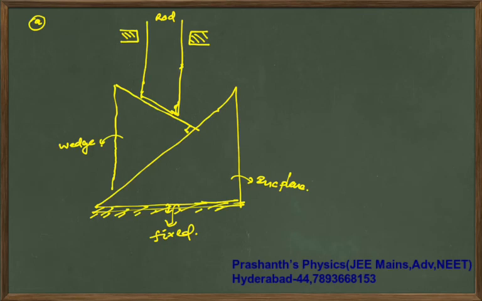He has labeled the rod's velocity as VA, and this is moving. It is in some random shape, moving down the inclined plane like this with VB. Your question is, you are supposed to find the relation between VA and VB. Come on, give it a try. I'll explain the solution. Pause the video clip, give it a try.